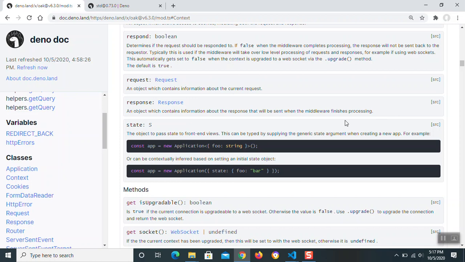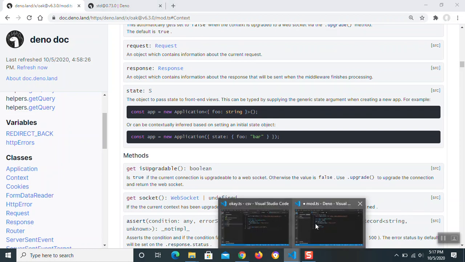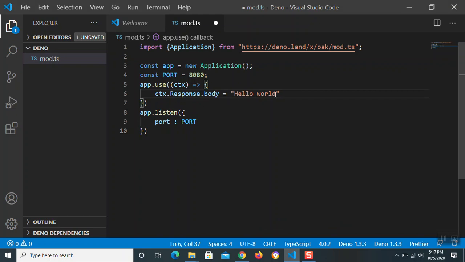This just means that all of our middleware functions have completed their execution. In our first middleware function, we are going to use the context dot response object and set the body property, which will be sent, whatever we set it as, back as a response to the incoming HTTP request. So we could set the body to something like this, hello world.